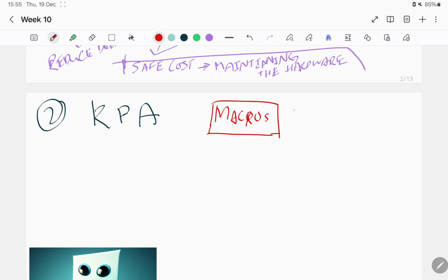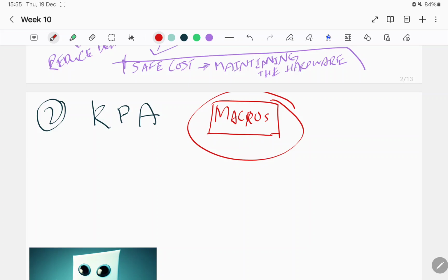Then they have these macros. You just develop a button inside the Excel to do the process repetitively. You just click the button and it will automatically copy all the data for you. That is the beginning of robotic process automation. You only start with a single system, which is just the Excel. The limitation of macros is within the system only, so within the Excel only.